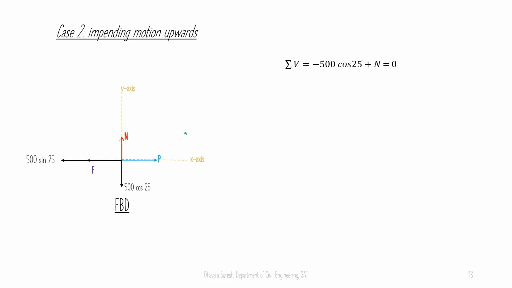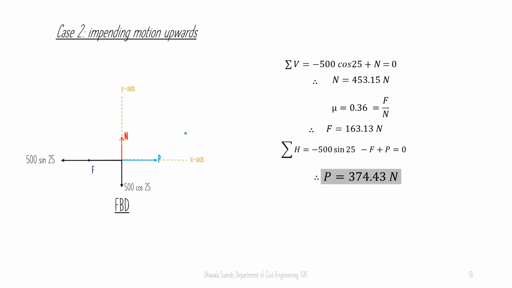Solving with summation of V equal to 0, N will be equal to 453.15, and since mu is equal to 0.36, F will be equal to 163.13. Now applying summation of H equal to 0, we can solve P to be equal to 374.43 Newton. So what does P equal to 374.43 mean? For a force equal to 374.43 Newton, the box will remain stationary. And for all values greater than 374.43 Newton, the box will start moving in the